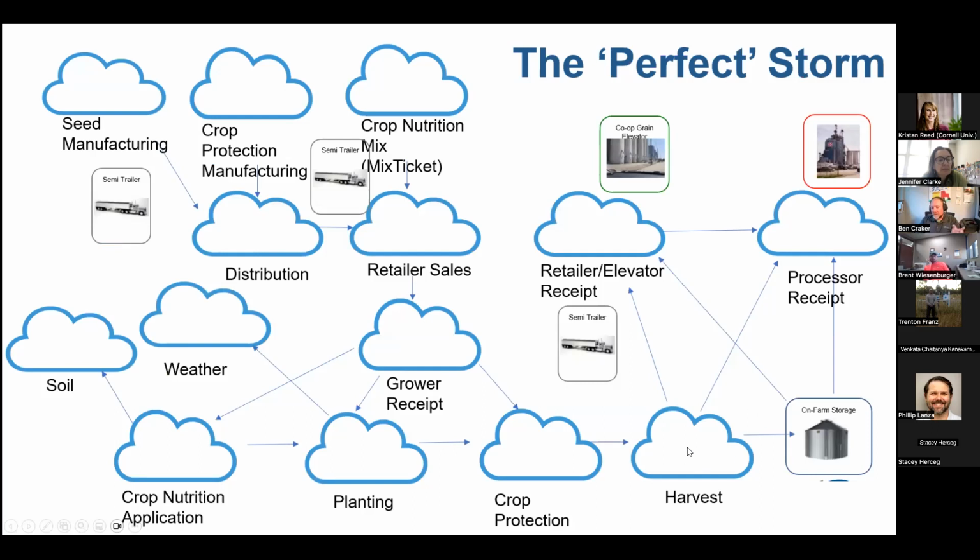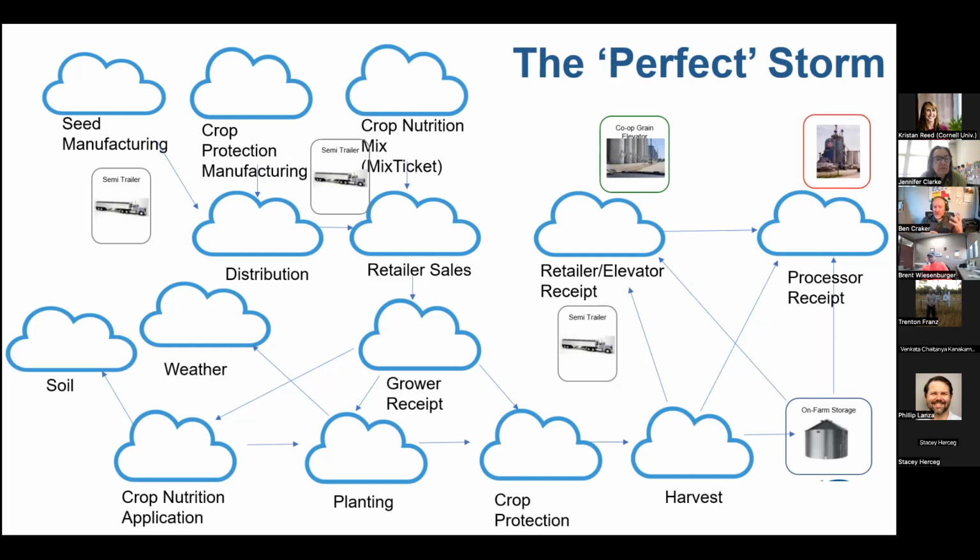we can kind of get back from there. We had a project where we now have a digital scale ticket, because all this was going off a paper scale ticket when it gets to the elevator. But to understand, we have a transfer event from the field to the combine, from the combine to a cart, from the cart to a truck, from a truck to maybe an on-farm storage, from on-farm storage back to another truck, back to a dump pit at the elevator. Trying to track all those transfer events and be able to link them from system to system is what we've been working on lately,